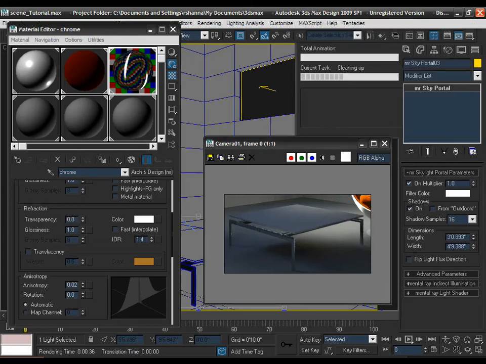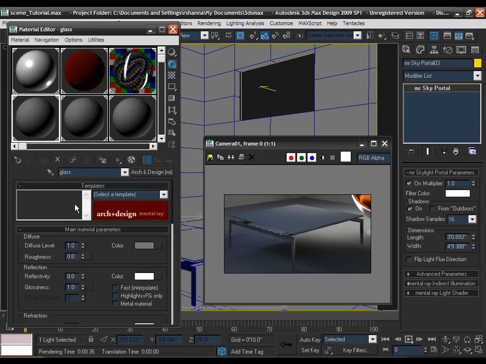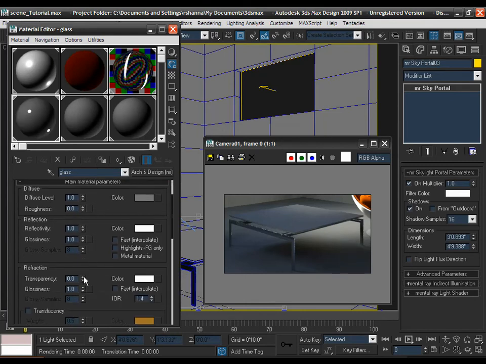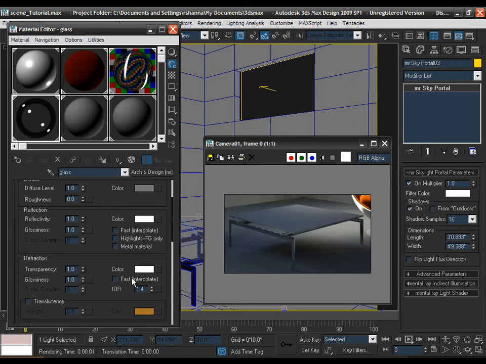Okay, so you can see that now it's reflective, and we're also getting some nice color on the ground. You can see we're getting some nice color on the floor from the texturing, from the color of the glass. So it's giving us some nice ambient color to our scene. You can also see that this reflection right here in the glass is reflecting the seat. So that's fairly successful. I'm fairly happy with that. Let's move on to